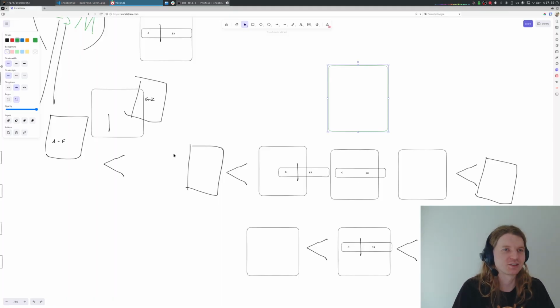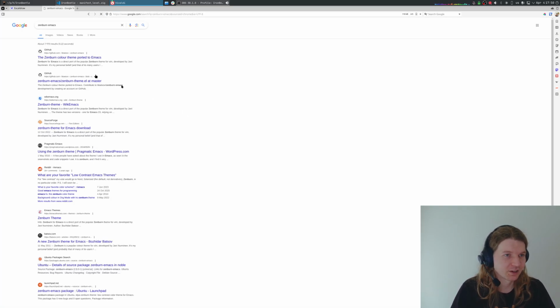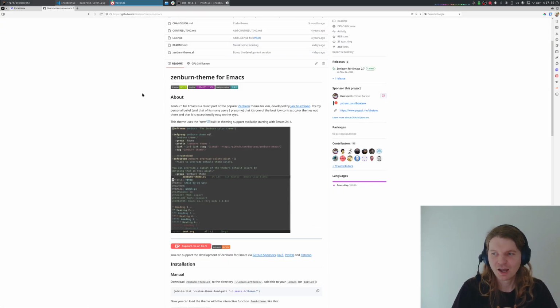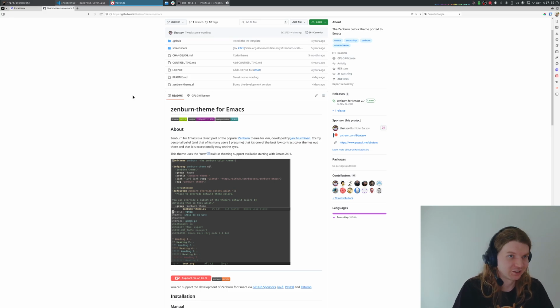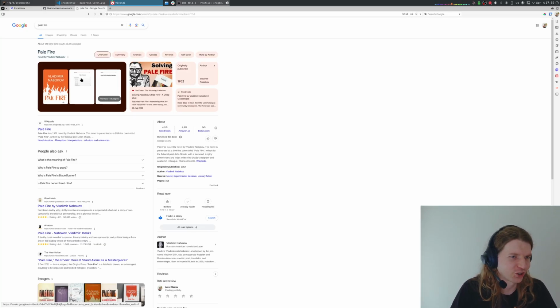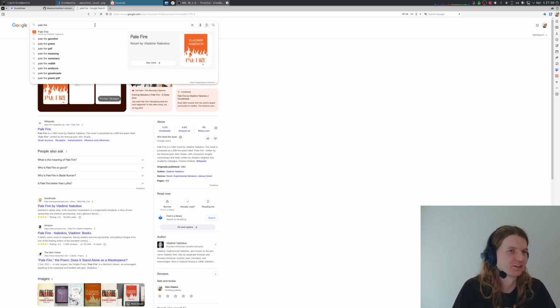It's not really made, it's a port of Zenburn theme for Emacs, because it's a glorious theme, and it is also called Pale Fire because Pale Fire is just a perfect name, not in a block of Snowball, which is also good, but